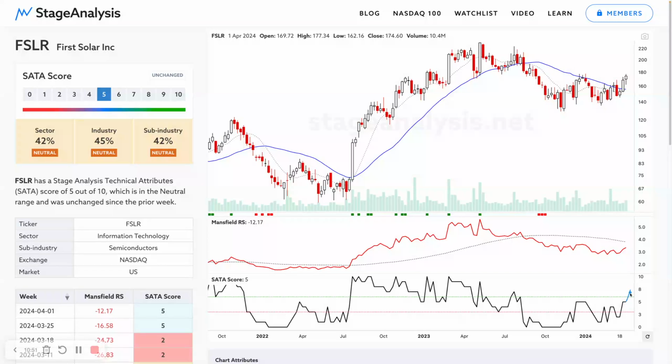So if it does start to break, the SATA score starts to get back above that 6 to 10 range there, the potential for that would be if it's starting to make a new stage 2 breakout attempt. The 30-week moving average would turn up, the 10-week would cross over, etc. So see how the charts can help you with that. So we come back